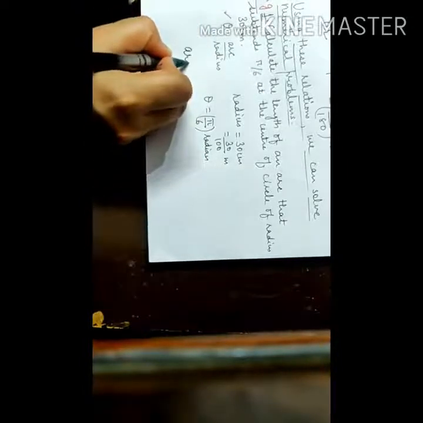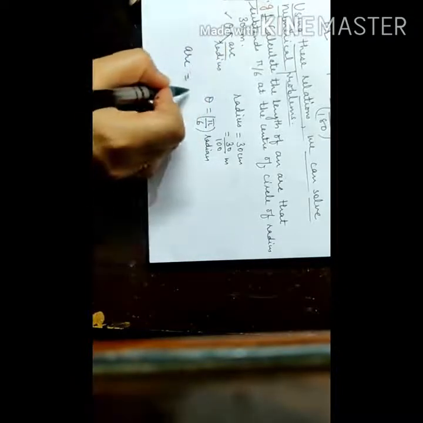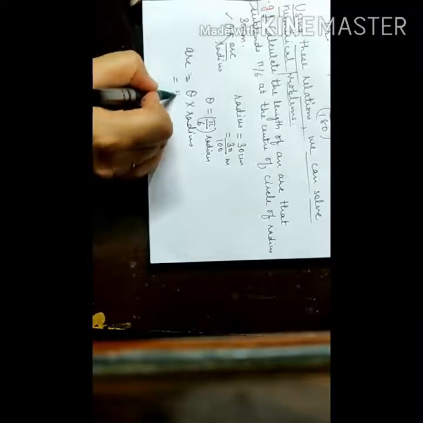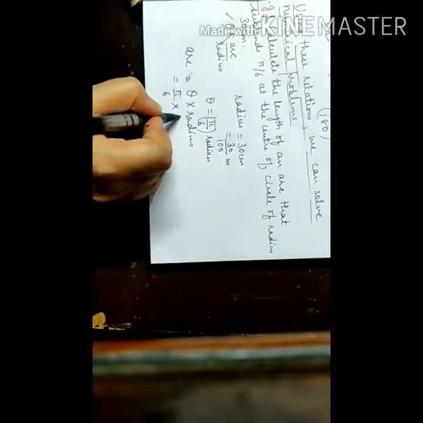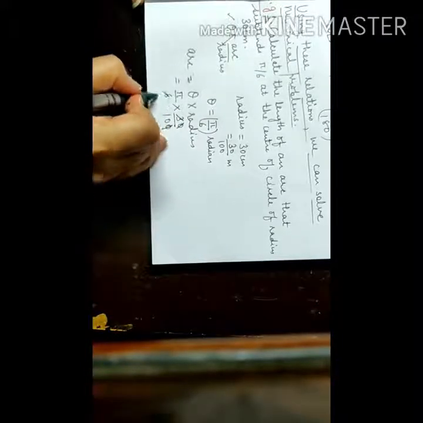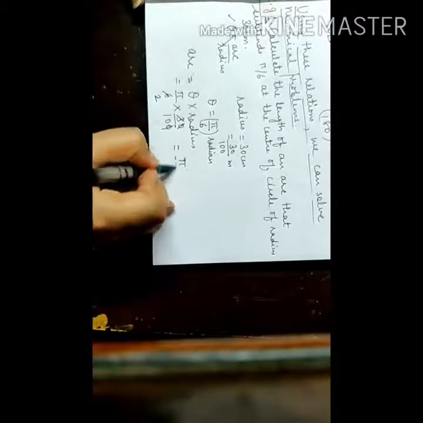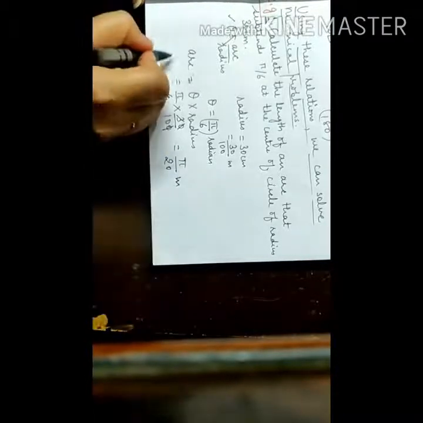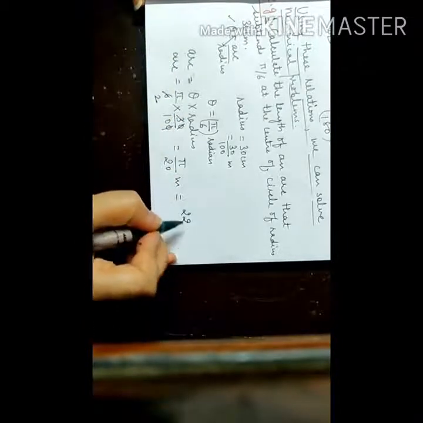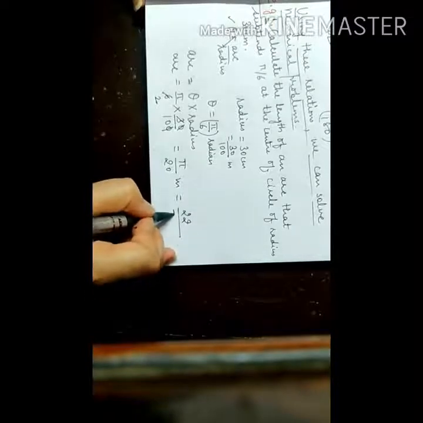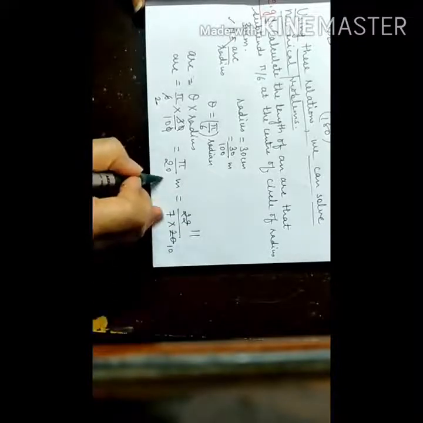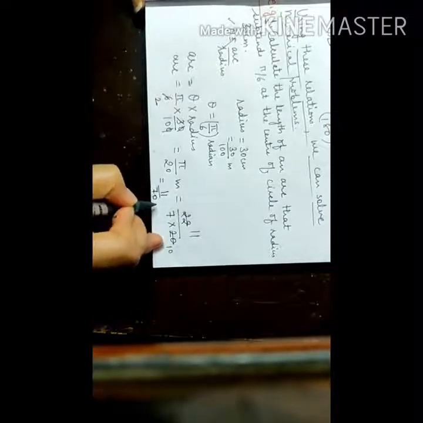Using the formula, arc will be equal to, cross multiply, angle into radius. Value of angle is pi by 6. Value of radius is 30 by 100. 0 cancels with this 0. This is 2. You can write it pi by 20 meter. The length of the arc is pi by 20 meter. Further, you can solve it using the value 22 by 7 divided by 20, 11 by 10, meaning it is equal to 11 by 70 meters.